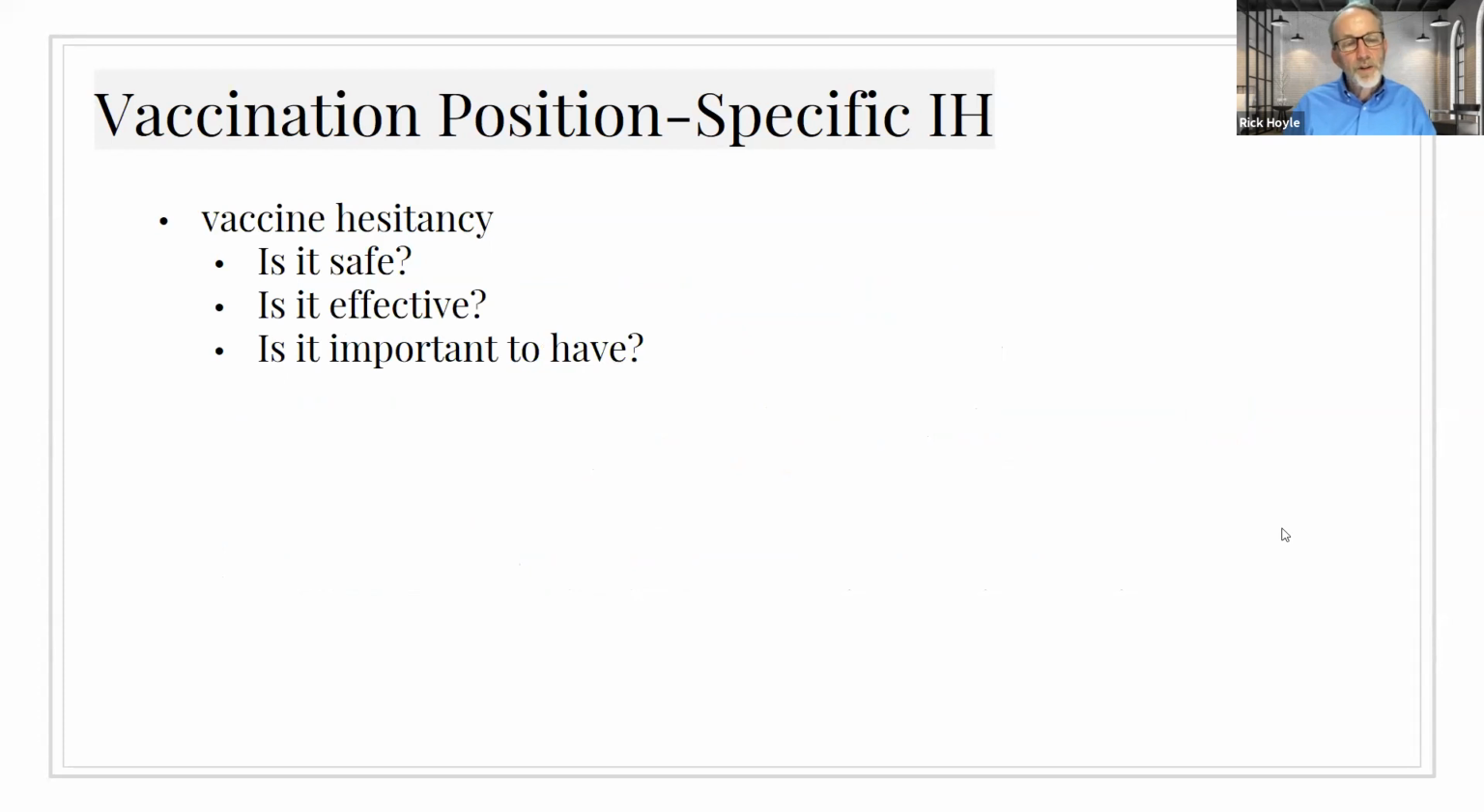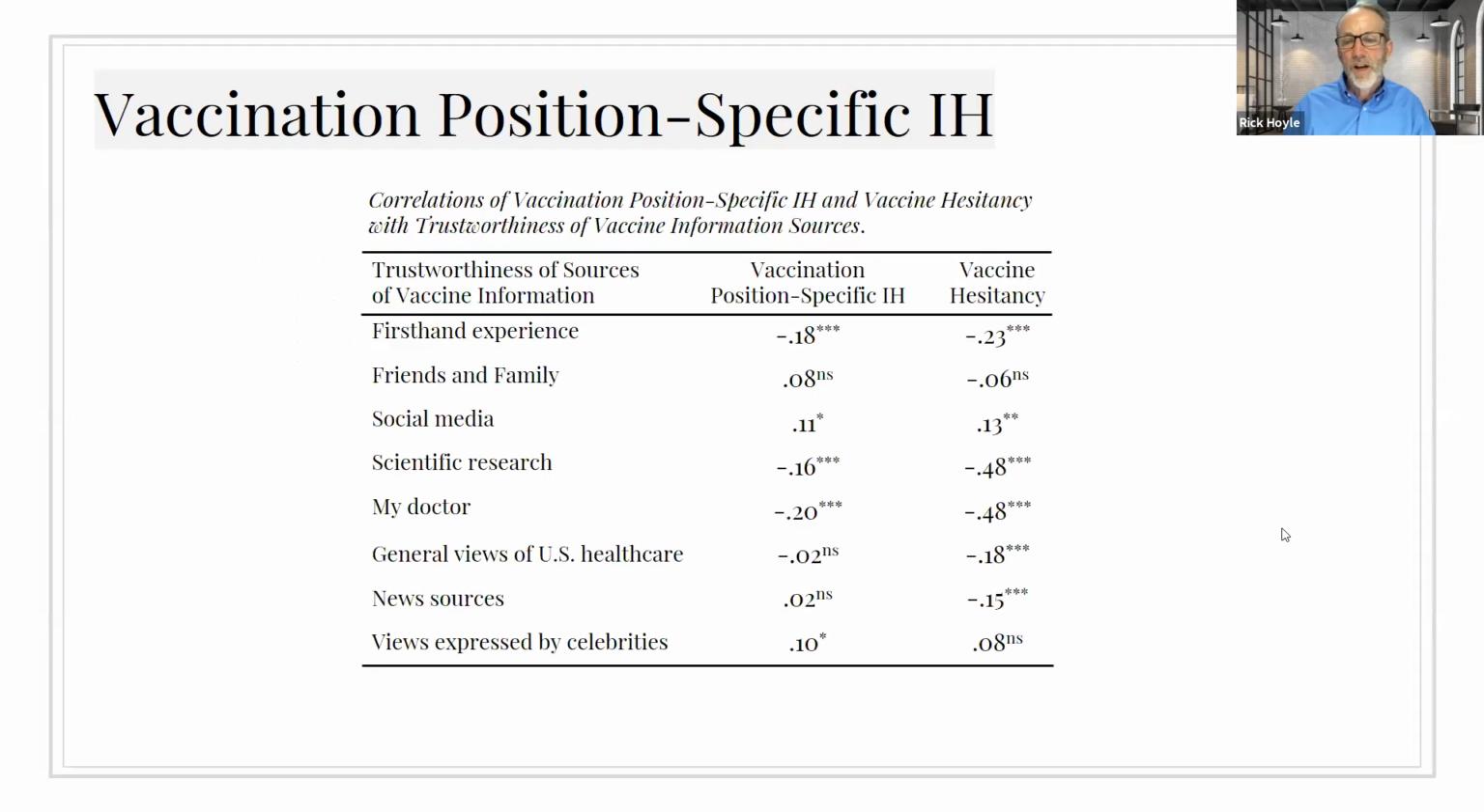So a primary variable in this data set, and in general in this kind of work, is vaccine hesitancy. We use the World Health Organization 3-item measure. Is it safe, effective, and important to have? And essentially what we find, by the way, is very little correlation between dispositional intellectual humility